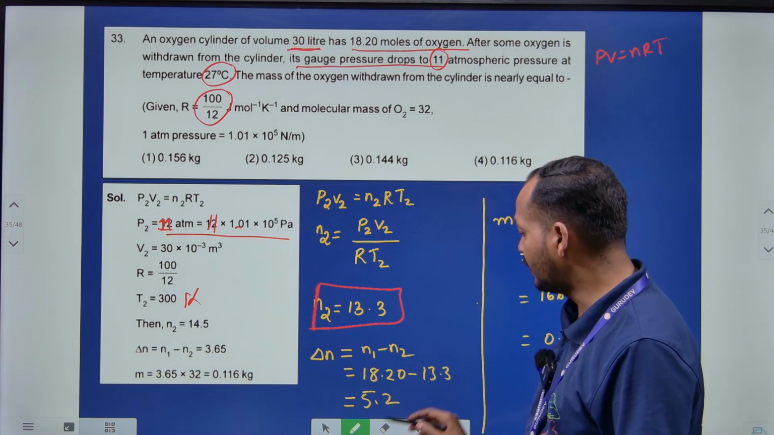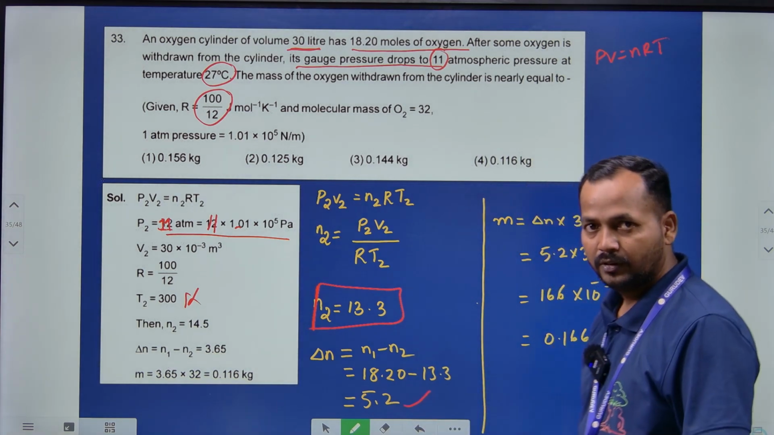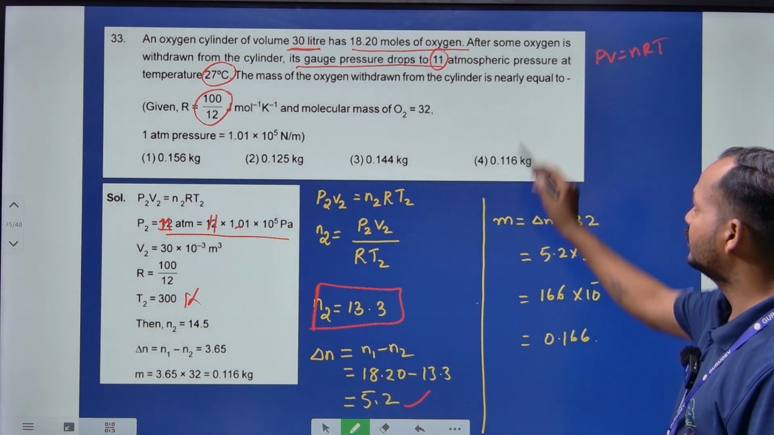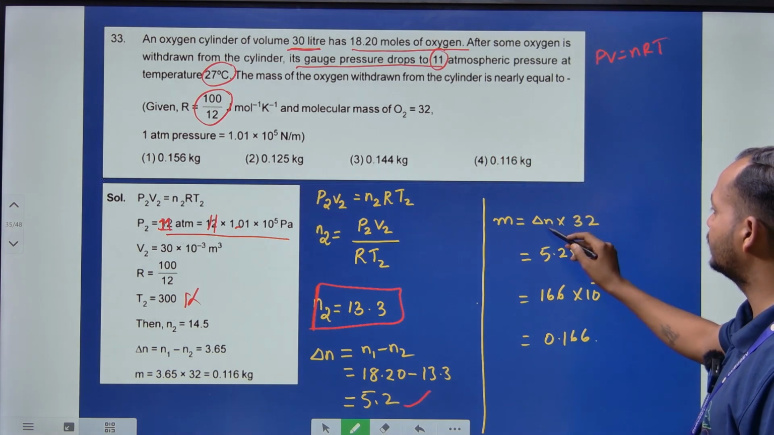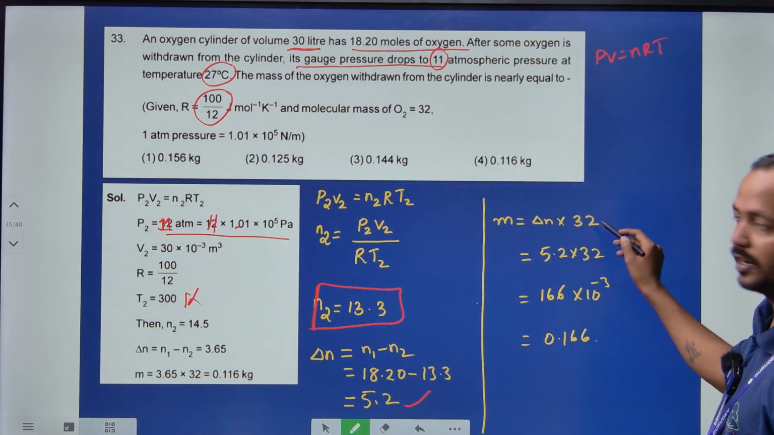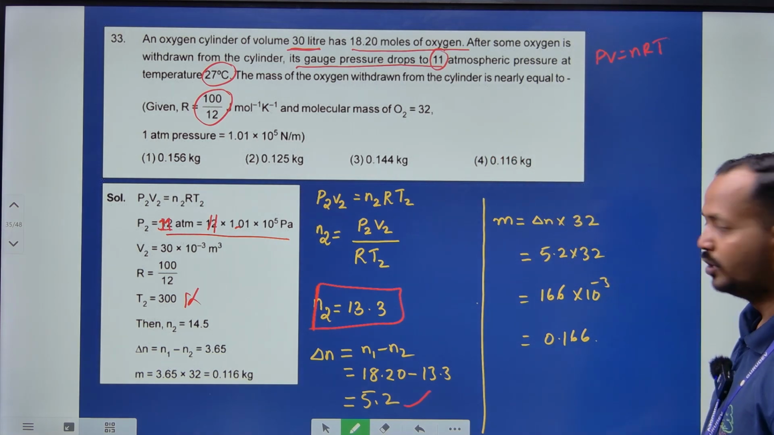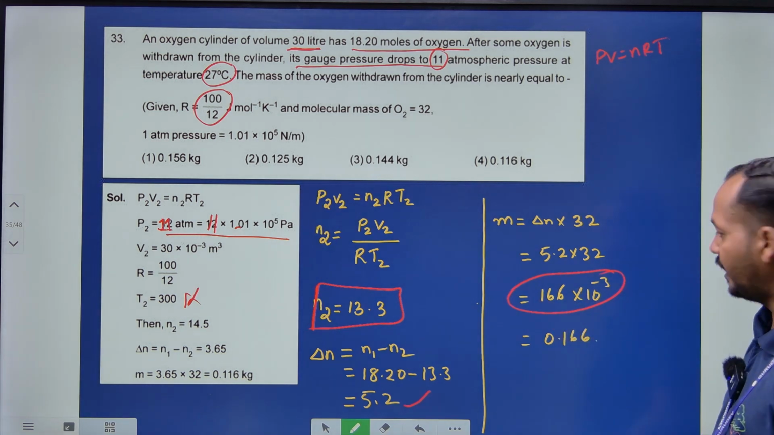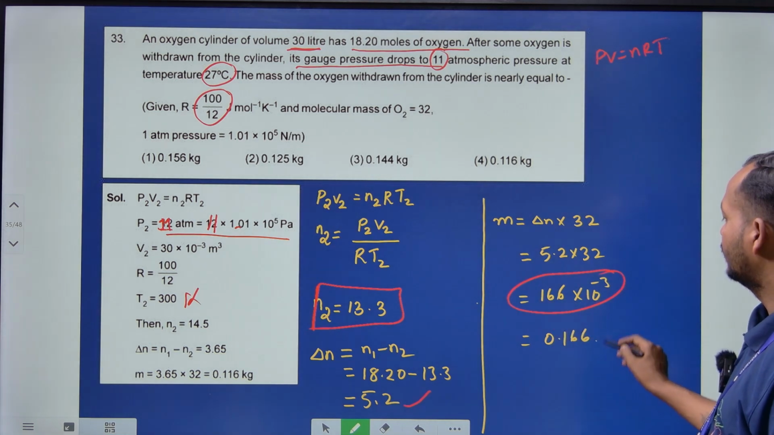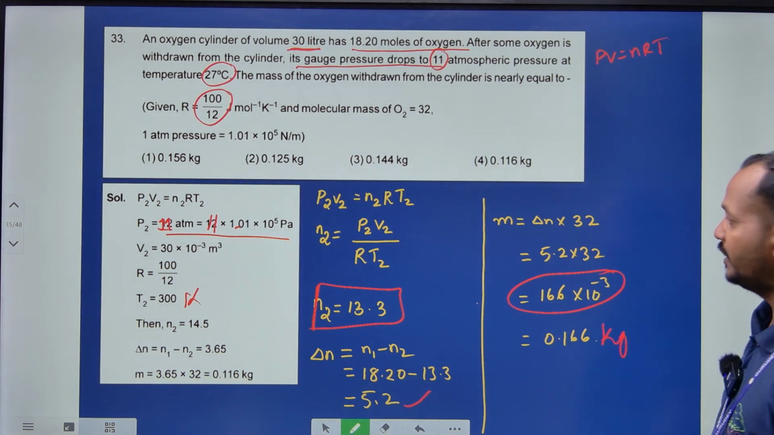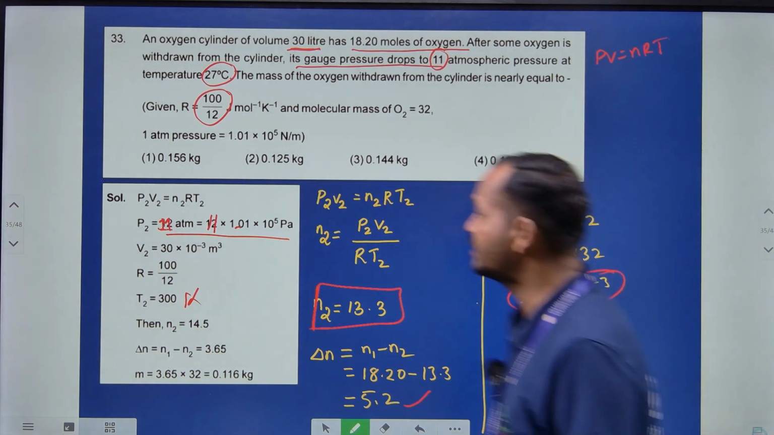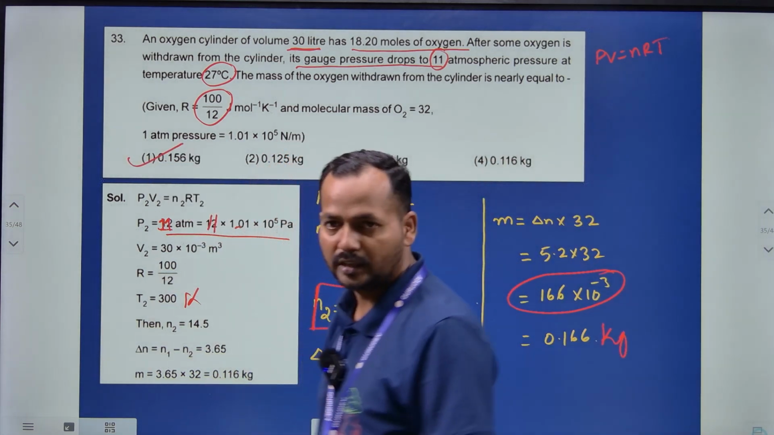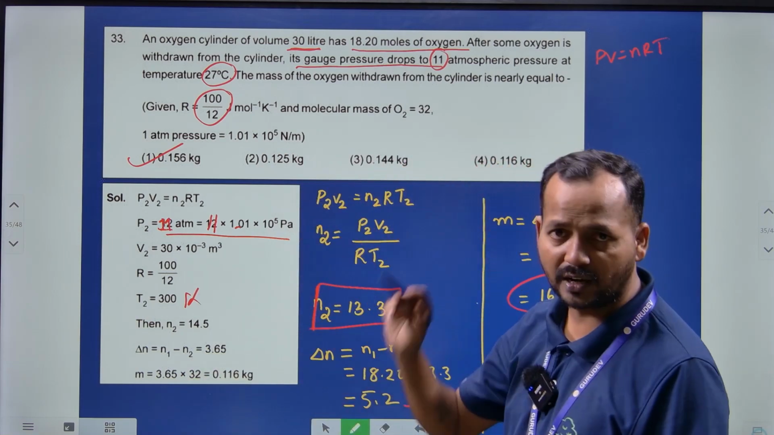कितना चेंज हुआ जो होता है 5.2 होता है। देन द मास विथड्रॉन इज दैट इज चेंज इन मास इंटू मॉलिक्युलर मास, दैट इज डेल्टा n इंटू 32, जो आएगा आपका 166 इंटू 10⁻³ आएगा, तो आपका आंसर जो है 0.166 kg। तो नियरेस्ट आंसर कौन सा है यहाँ पे, द नियरेस्ट आंसर इज 0.156 जो आता है, तो ऑप्शन नंबर 1 होगा, ठीक है।